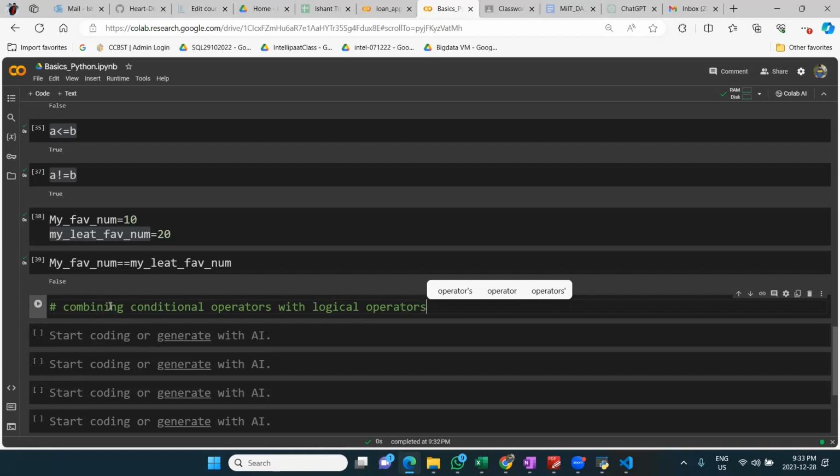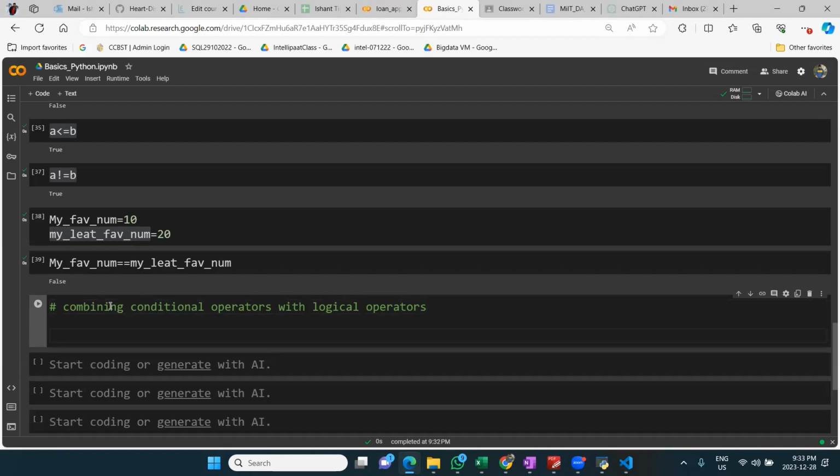Sir, logical operators are like if, else. No, these are not logical operators. These are the conditionals. Logical operators are like and, or. Oh, those are the logical operators. Okay. So let's say,